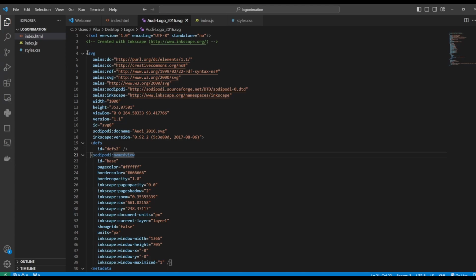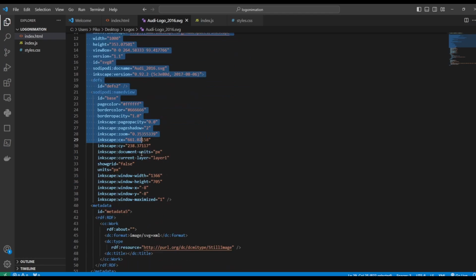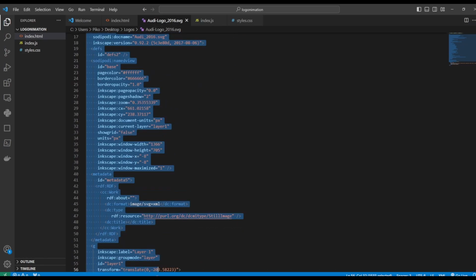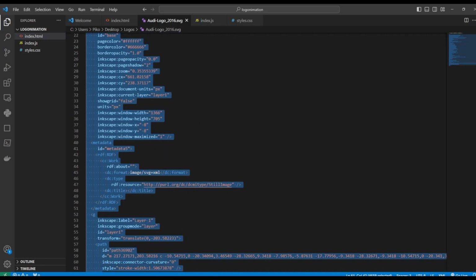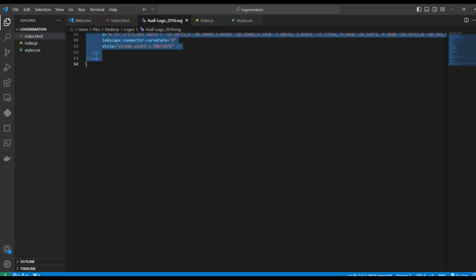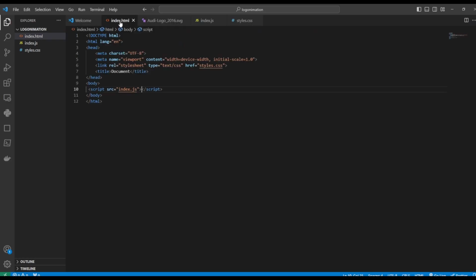Okay, and now we need to copy the entire SVG element. So we start from the SVG tag and we make sure to select everything all the way till the closing tag. And then we go to our HTML file